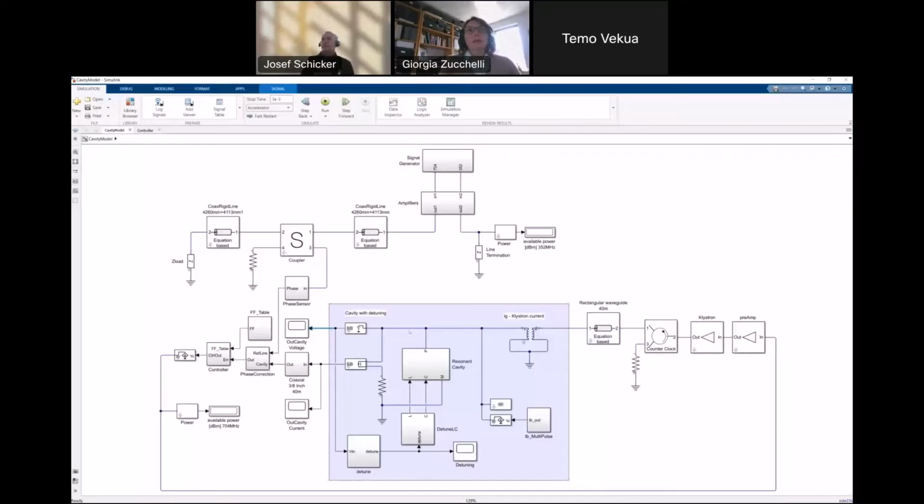The signals indicated in blue represent an electrical connection. Effectively, these nodes are solved in the domain of Kirchhoff, in the domain of voltages and currents, which means that, for example, if I look at this RF line, the signal will propagate from the signal generation through the line itself, through the coupler.